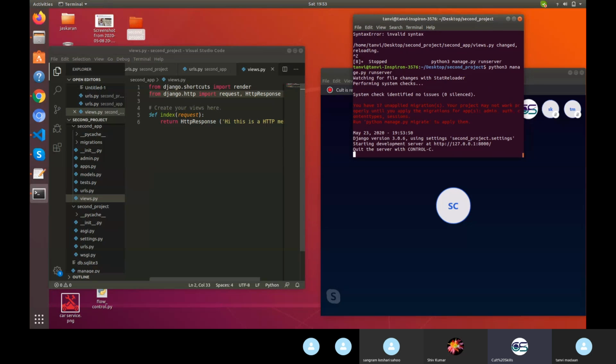It's working now. So now check with your browser if the localhost page is saying "Hi, this is an HTTP message" or not.